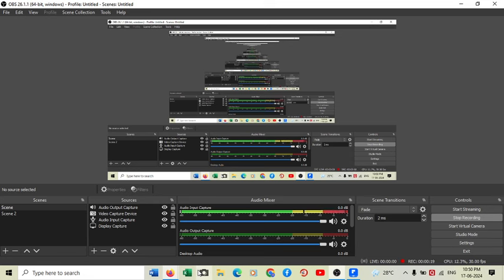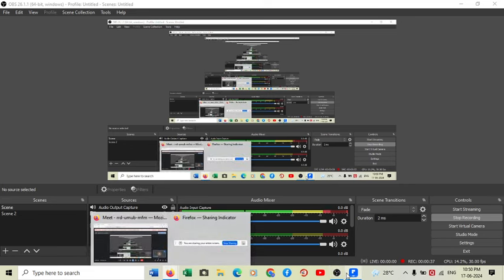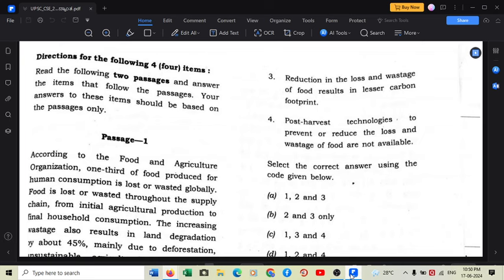My name is Anuj Singh. I'm faculty of geography, essay writing and aptitude at IQCivils IAS Academy, and today I'll be discussing the CSAT GS Paper 2, and in particular we'll be discussing the reading comprehension and verbal reasoning section. So let us start immediately with the questions, and we'll be discussing Set C.